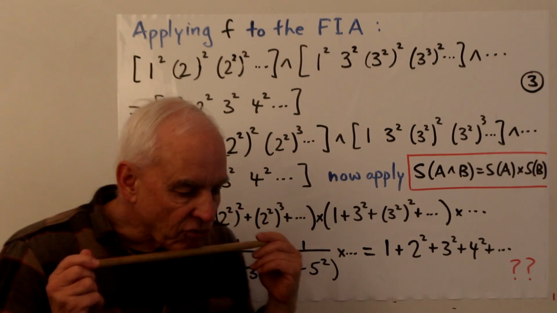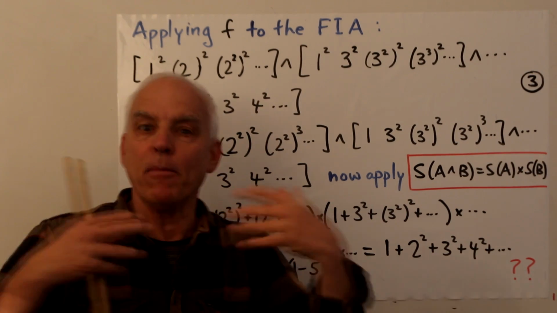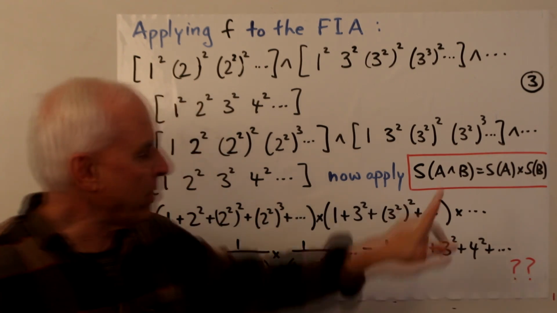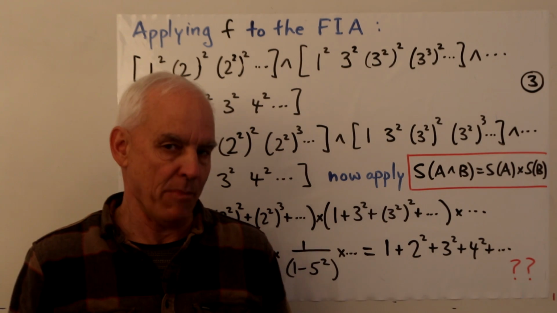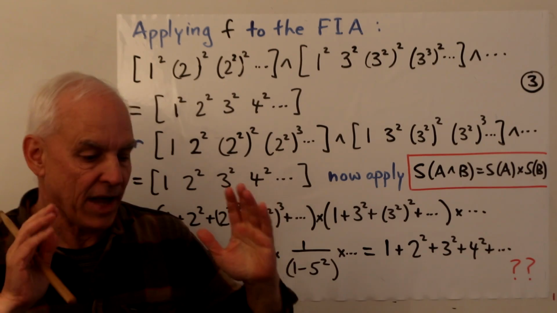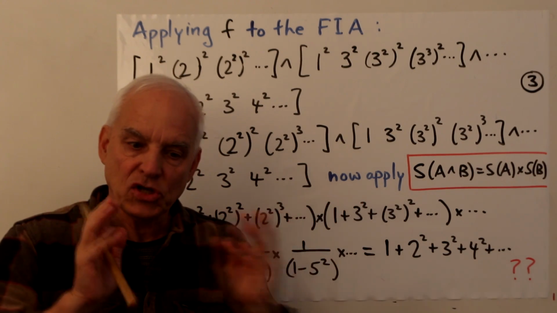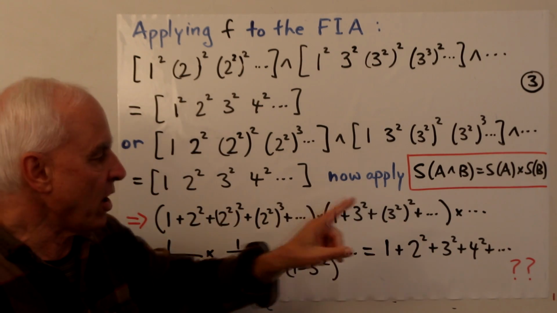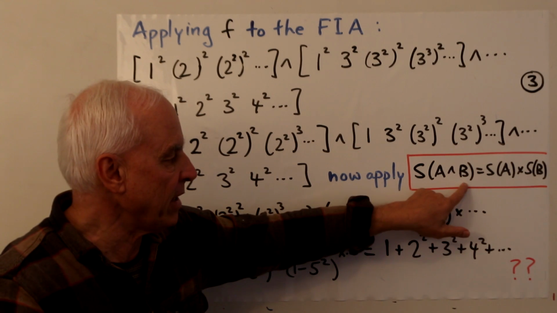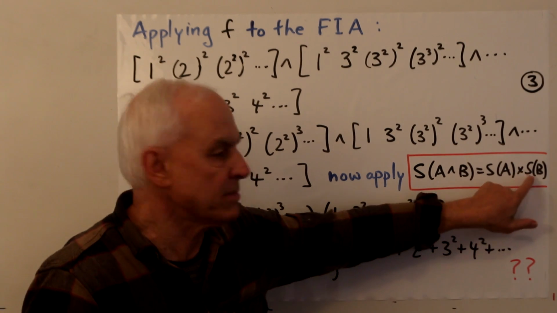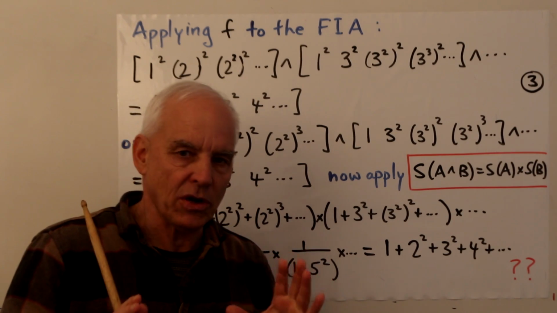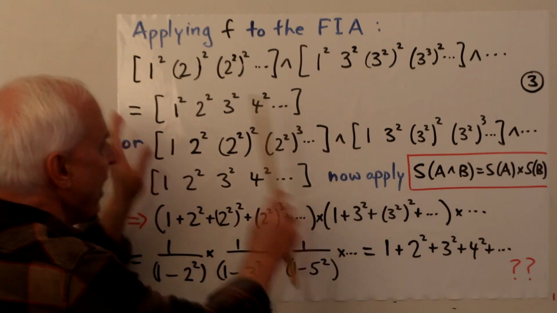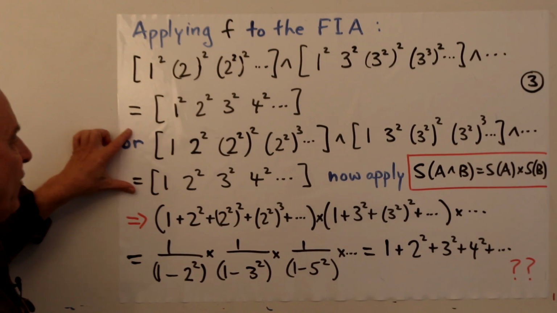And now we can try to connect with the sums that are appearing in the zeta function and in the Euler product formula by applying what we call the summation, or the sum operator, capital S. I remind you what that does is it takes an m set and just takes the sum of all the elements of that m set. And we saw that S of A caret B equals S of A times S of B. So this summation operation works well on carets of things. So let's apply S to both sides of this thing that we've just obtained.